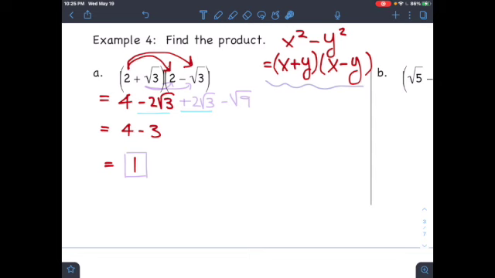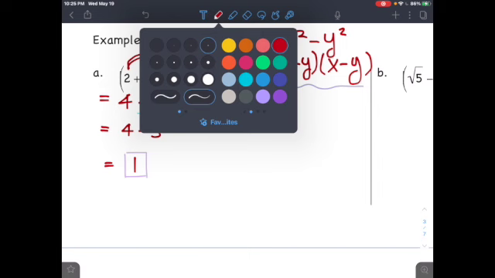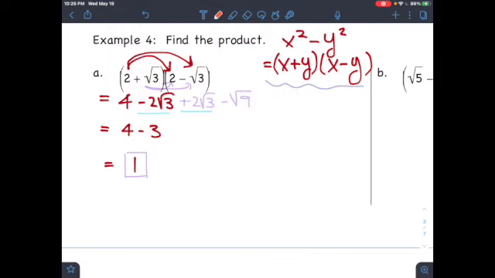All right, let's take a look. If I really do it that way based on the formula, let's do it in orange. If the problem is 2 plus root 3 and 2 minus root 3, and the formula tells me,